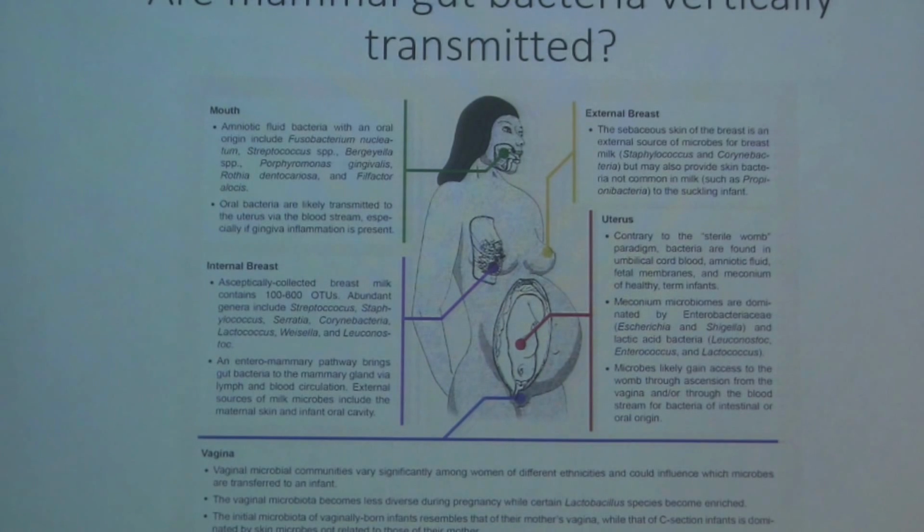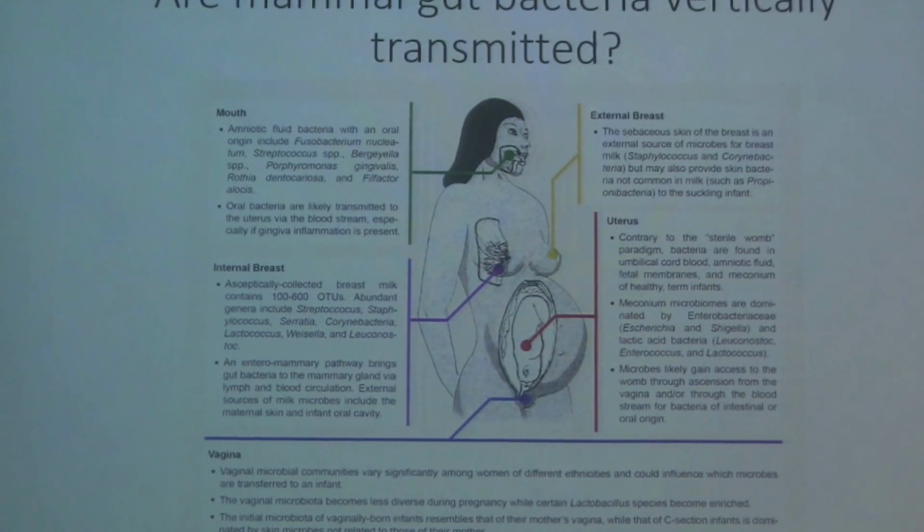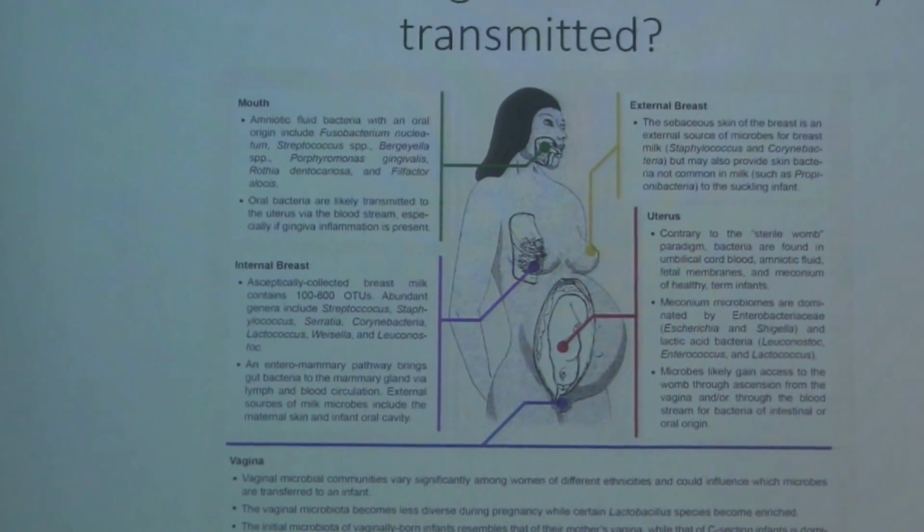So for the longest time, the paradigm was that the womb is sterile and that infants in the womb are sterile. But there's some evidence now that people have actually looked using these culture-independent approaches and found evidence that some bacteria might actually be present in utero. But then even in the last year, there have been some studies saying that, well, the bacteria they're finding actually don't differ from negative controls. And so this is still an open question of whether or not vertical transmission is the dominant route of transmission